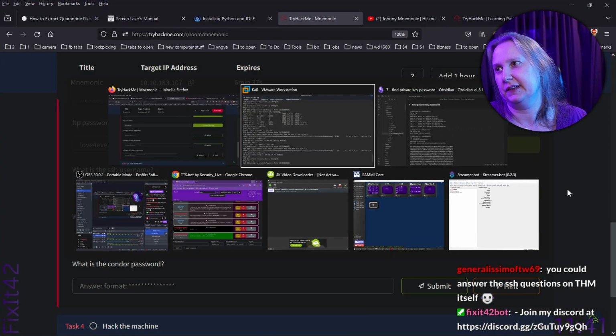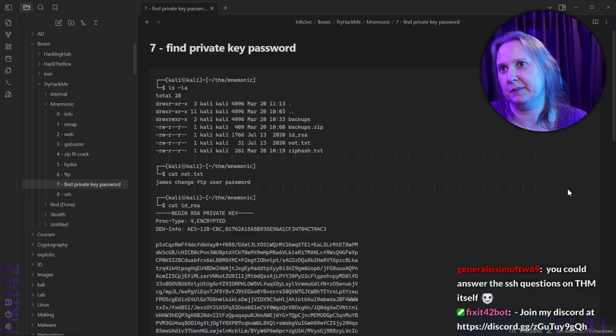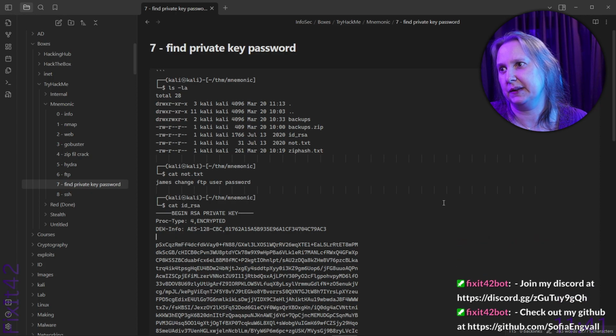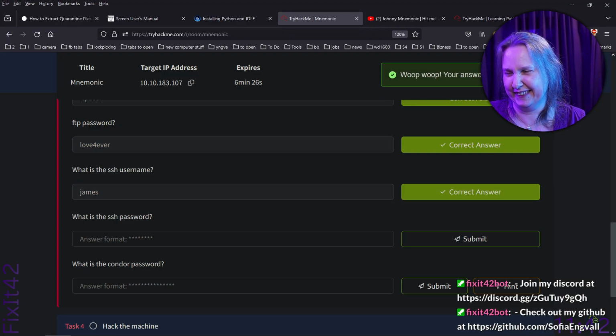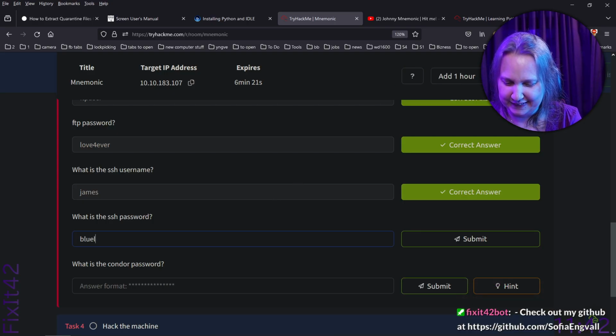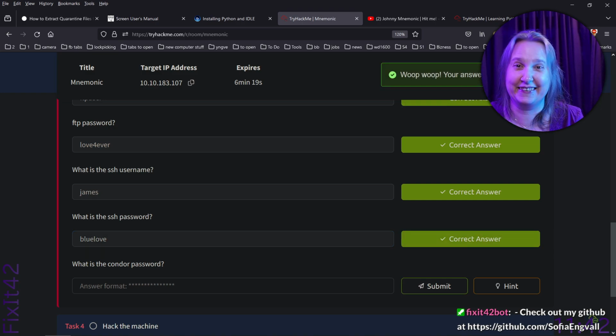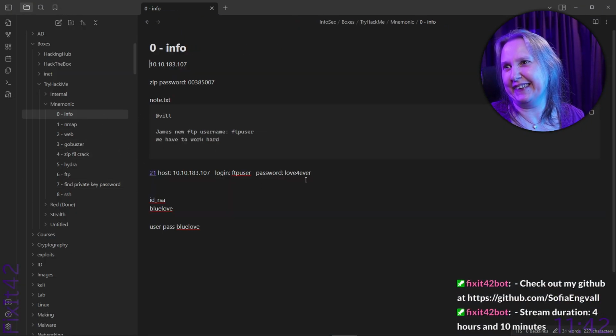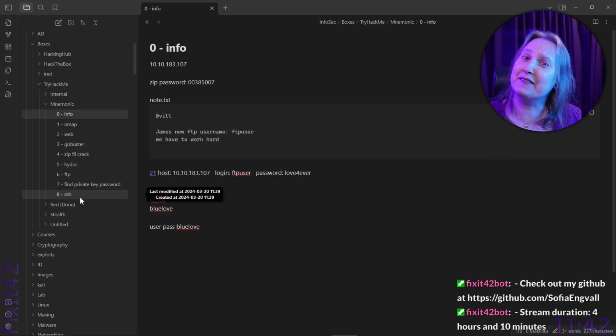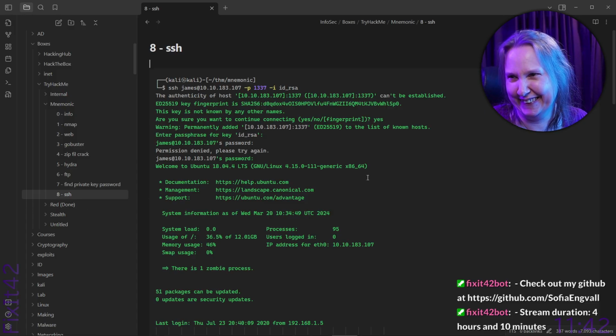So let's get them. The username is James. I'm actually typing instead of pasting. And the SSH password, do I actually remember this? I did. And the other one was love forever. Really fun. A lovely box, right?